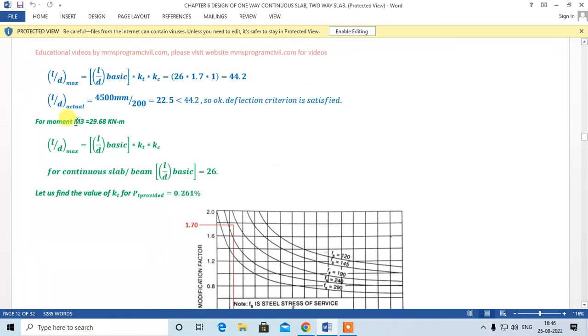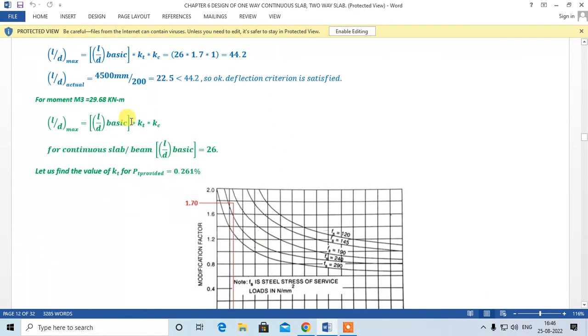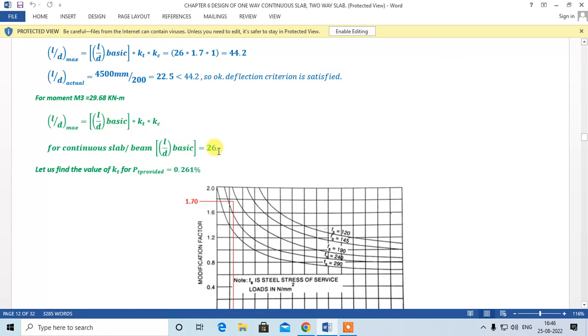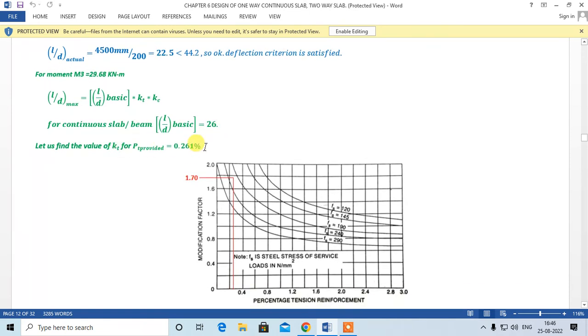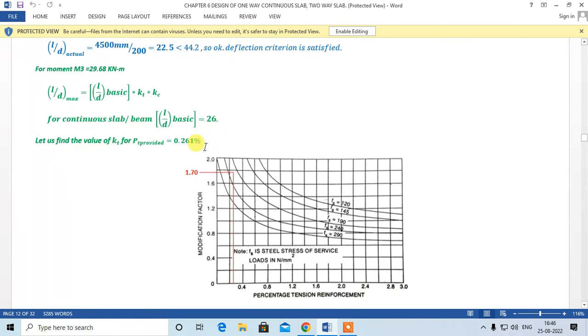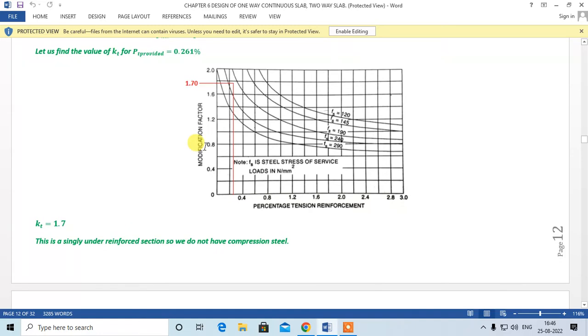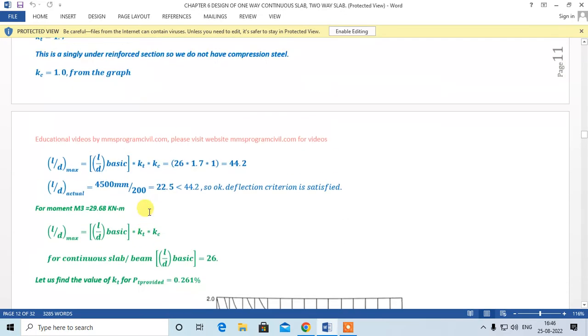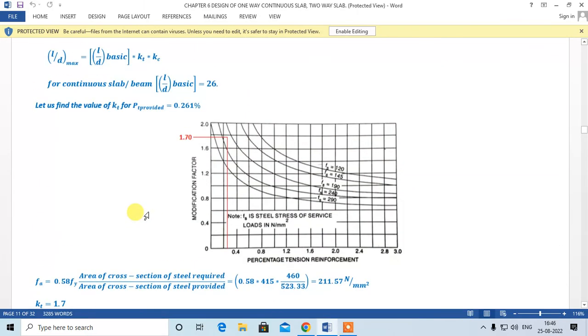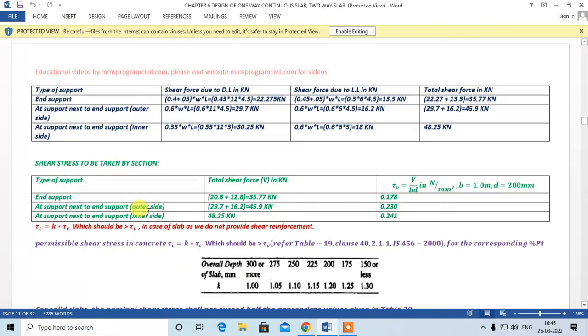So let us check for M3, that is 29.68. This is the formula, and this is the L by D basic. PT is again the same, 0.261, as we saw in the table. Find your FA, which will also be the same, so KT will also be the same. Actually, there will be a slight difference in FA. Because